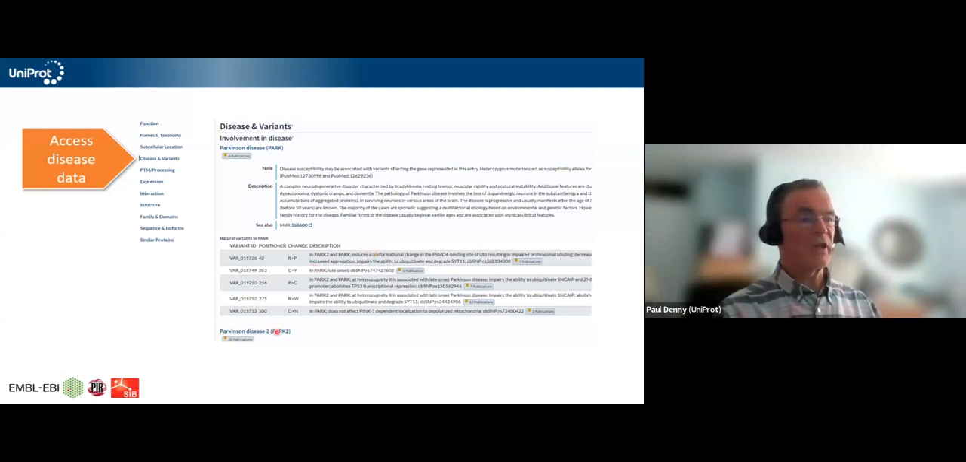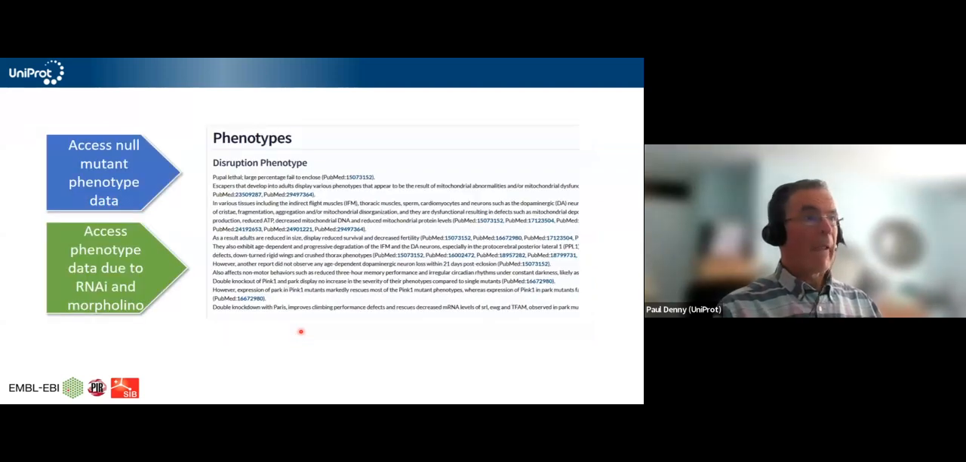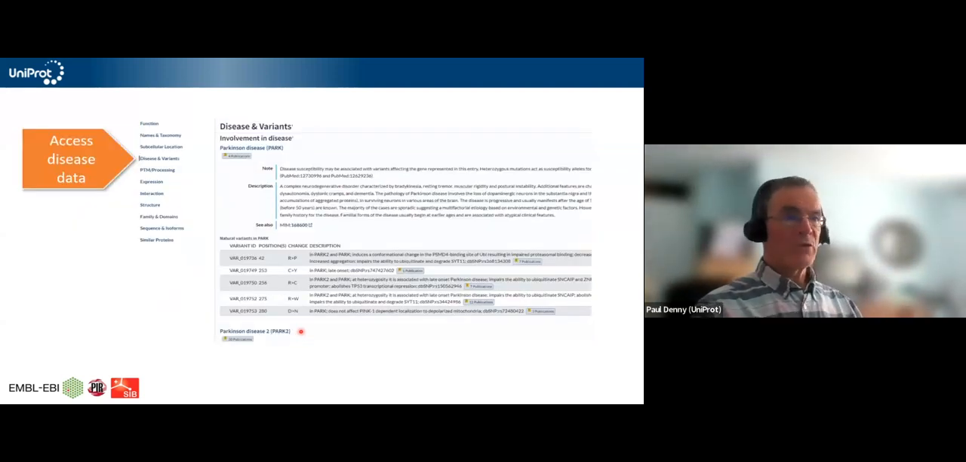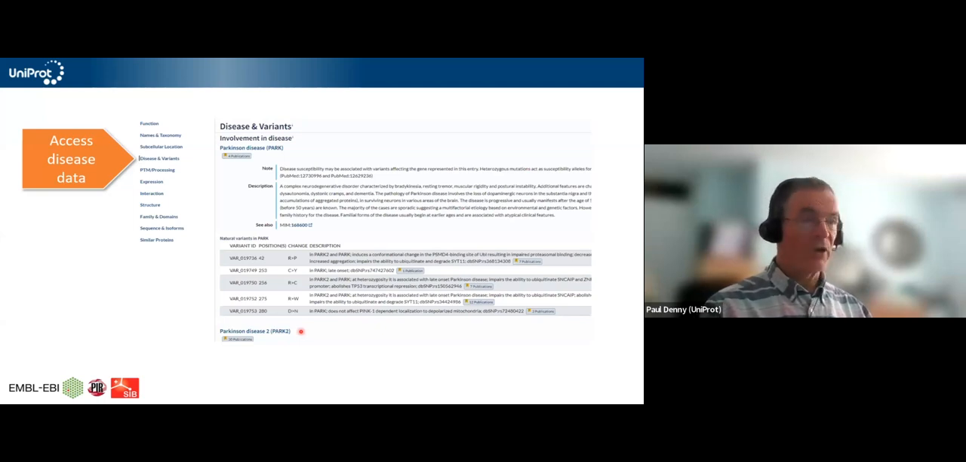In this case, there's actually a second variant of Parkinson's disease on our website called Parkinson's disease 2. I'm not going to go into any more detail about this now, but I'm going to move on to say a little bit about